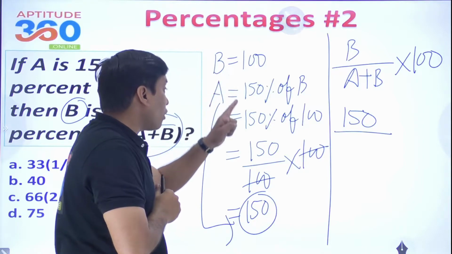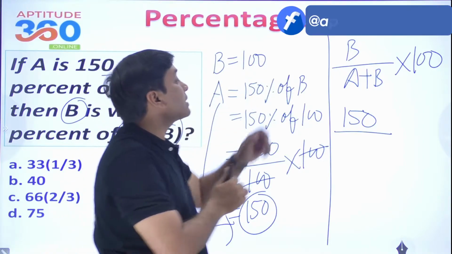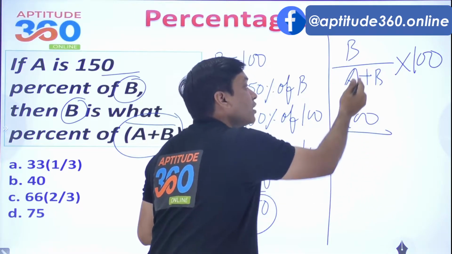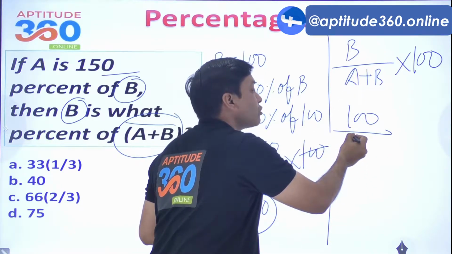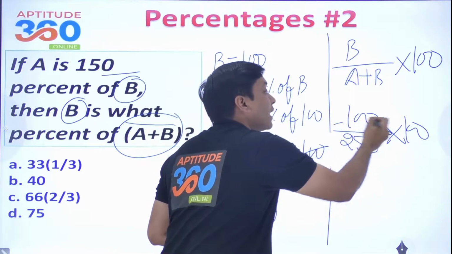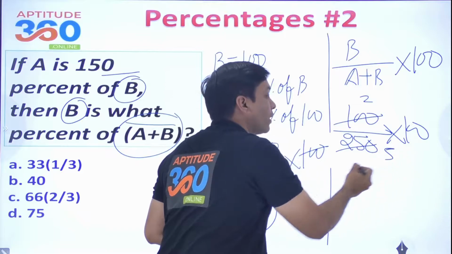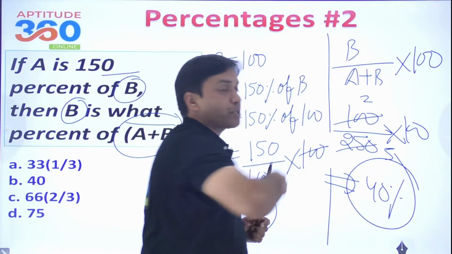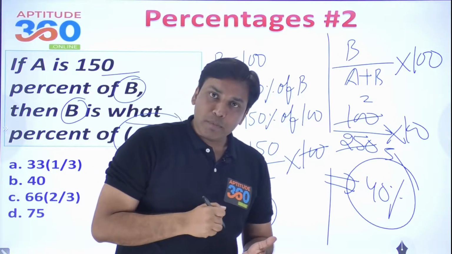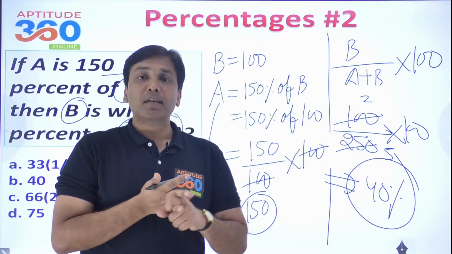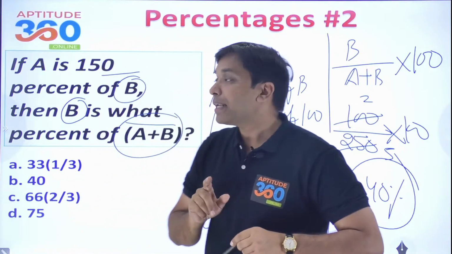A was 150, and B is getting compared, right? So it has to be 100, not 150. And in the denominator, 100 and 150 should be coming out as 250, so 100 over 250 into 100, and that is coming out as nothing but 2 by 5, which is exactly 40%, right? So the problem is solved. You did not have to use any algebra, you did not have to make any equations, the question got simplified. What did I do here?